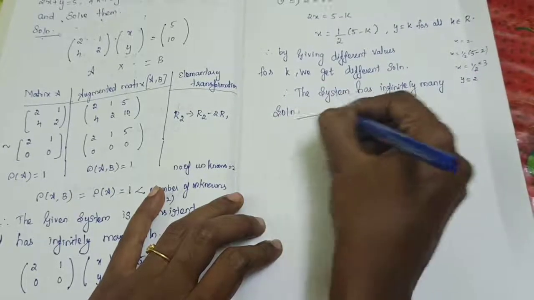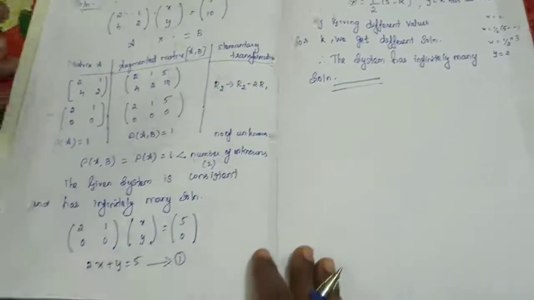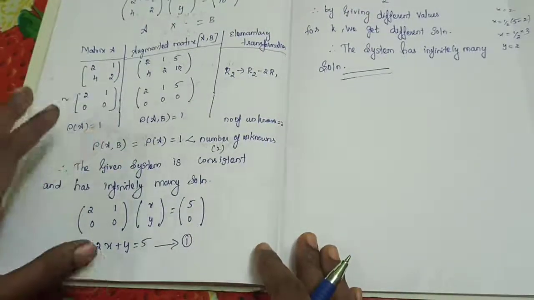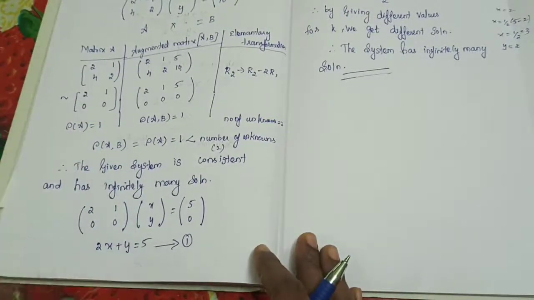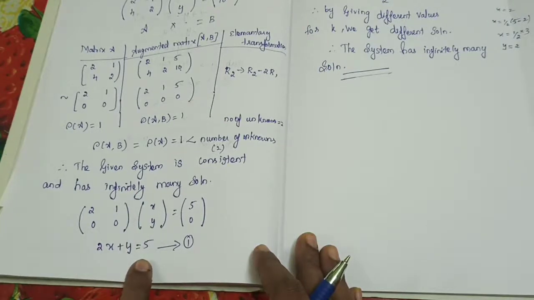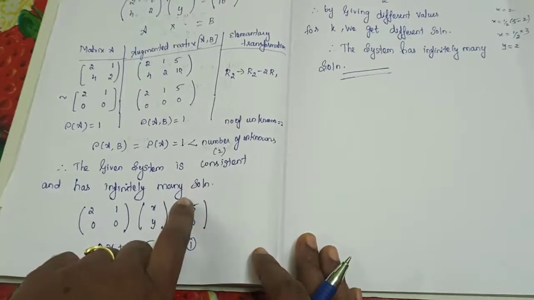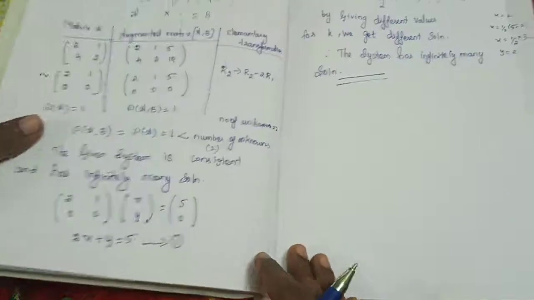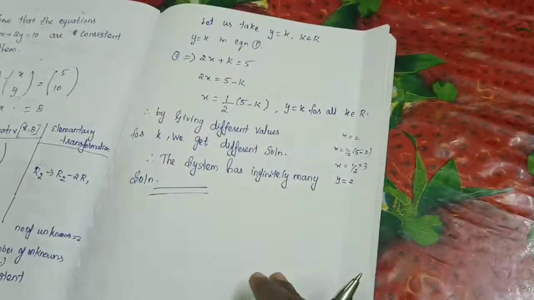Infinitely many solutions. Understand? Very easy. Okay, up to this everything is the same as the previous question. Here we have obtained only one equation. That is, from here itself you come to know there are infinitely many solutions. Because of that I am choosing y equal to k. So when y is equal to k, we will obtain only the x value.